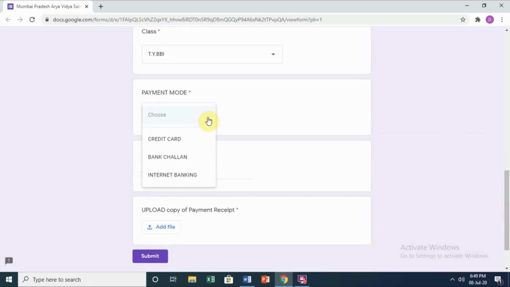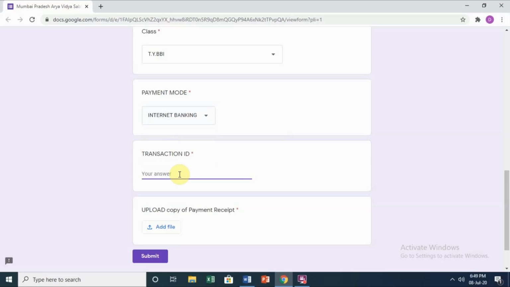select the payment mode. You have done by credit card or by payment bank challan or by internet banking. By whatever mode you have made the payment, the transaction ID will be there in your acknowledgement slip.